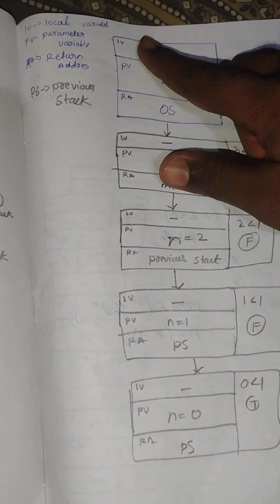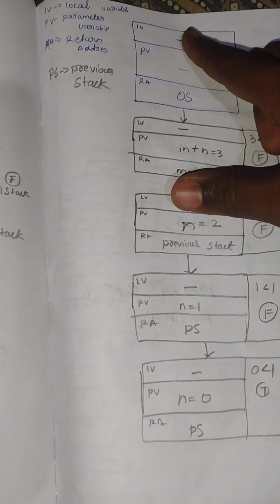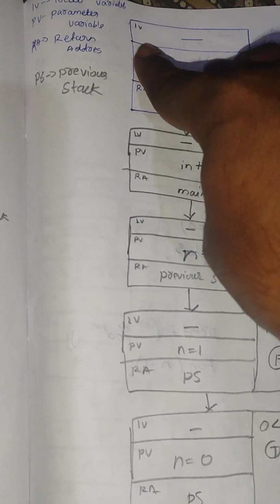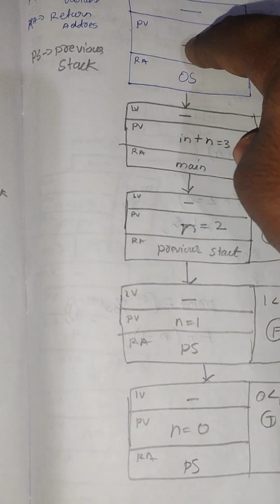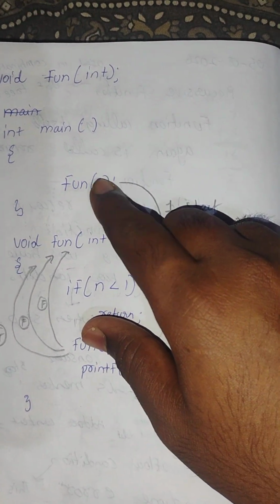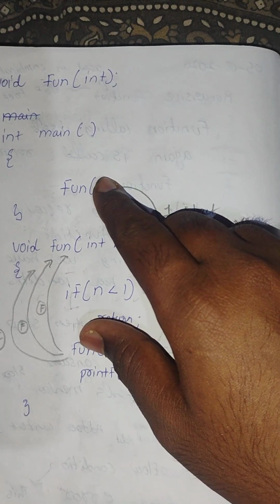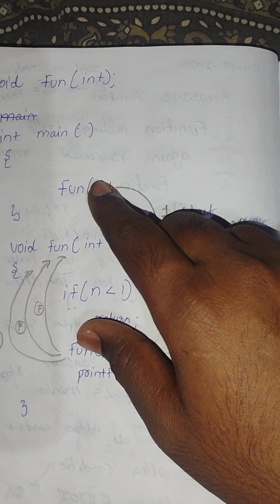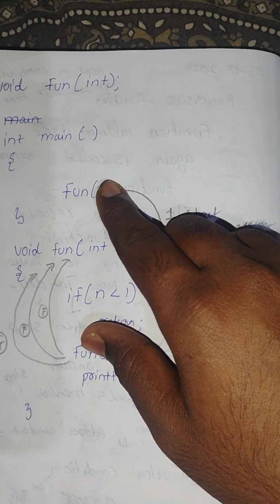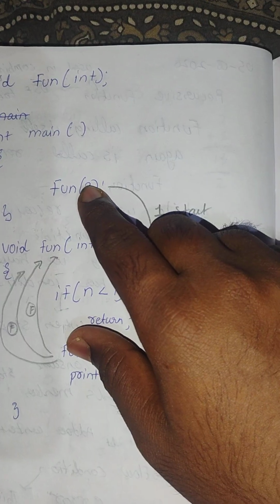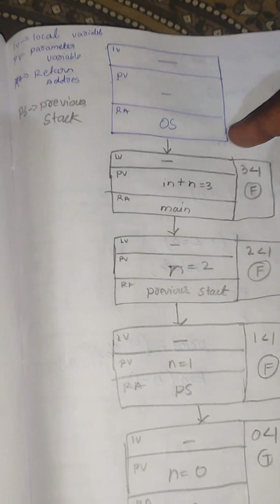LV represents local variable, PV represents parameter variable, RA represents return address. Here, do we use any local variable in main? No, we don't use any local variable. Do we use any parameter variable? No, we don't use any parameter variable. And the return address of the main function is the OS. And then